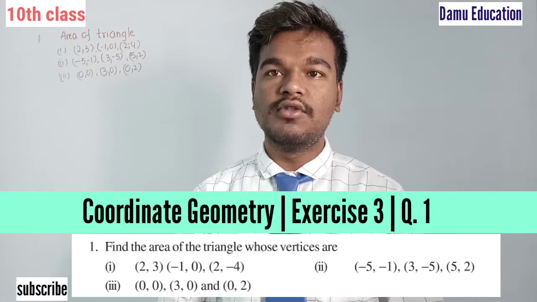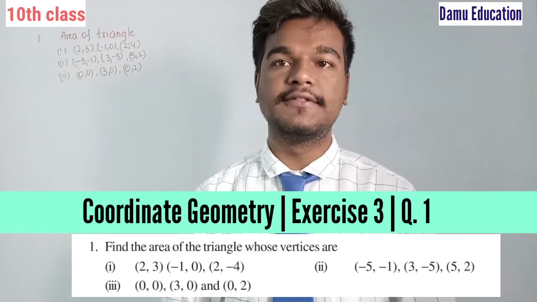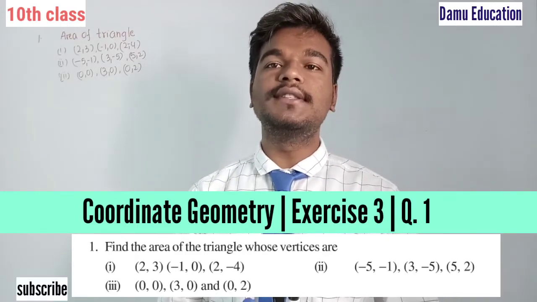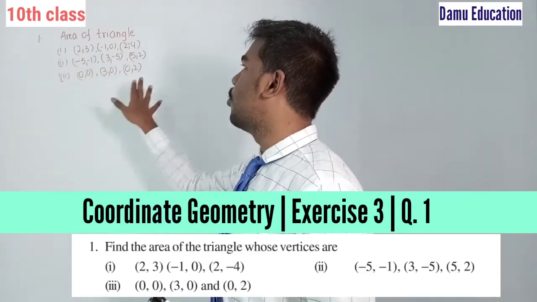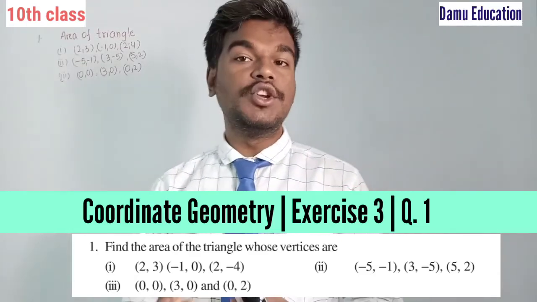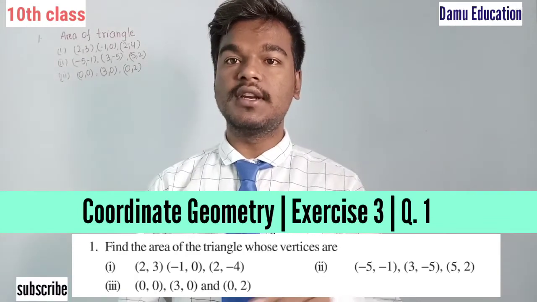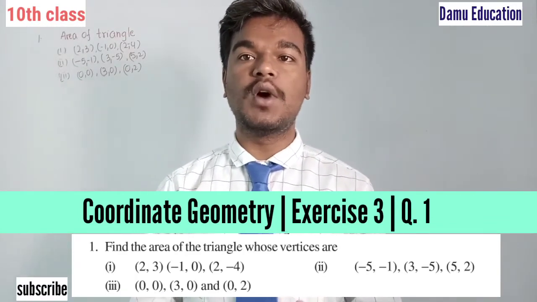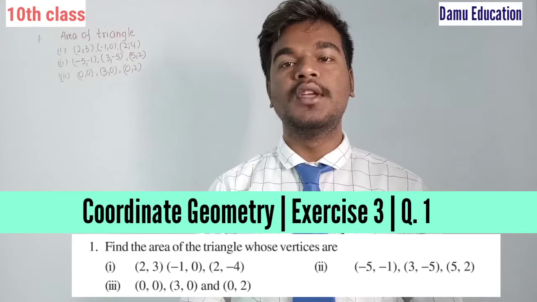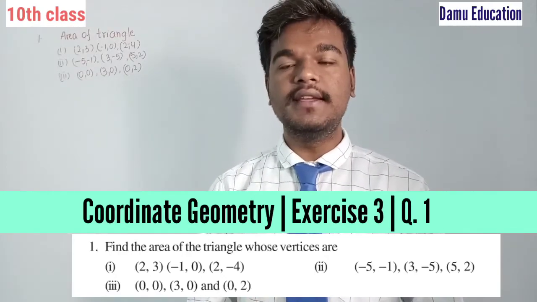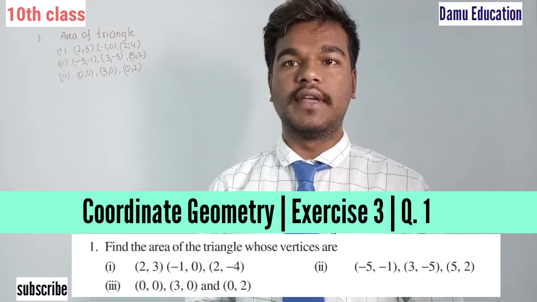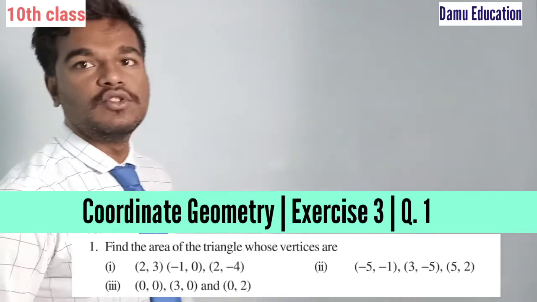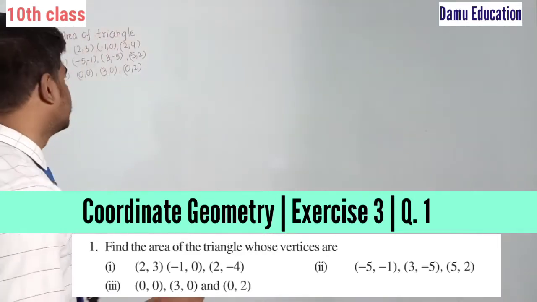So in this module, we are going to discuss our next exercise. First question, find the area of the triangle. The triangle is formed by these coordinates. So here we need to take the three coordinates as x1, y1, x2, y2 and x3, y3. Before solving the area of the triangle, let's take the formula of the area of the triangle by using x1 y1, x2 y2 like that.